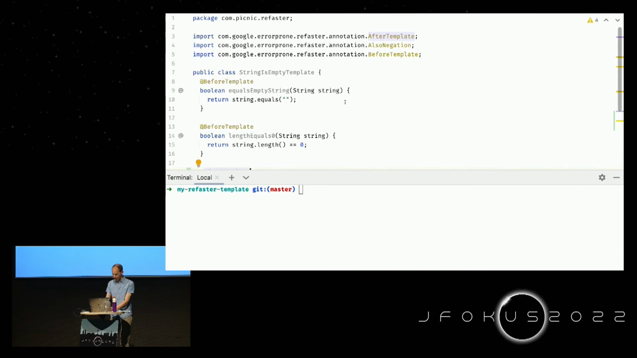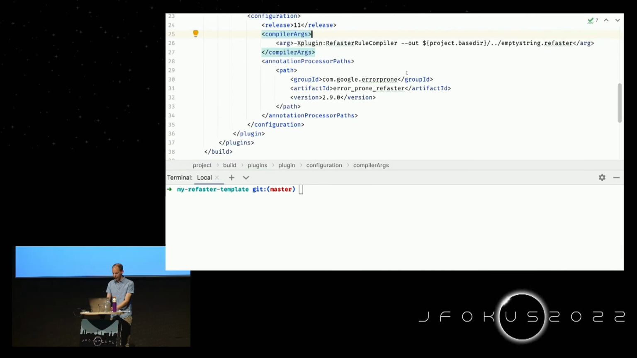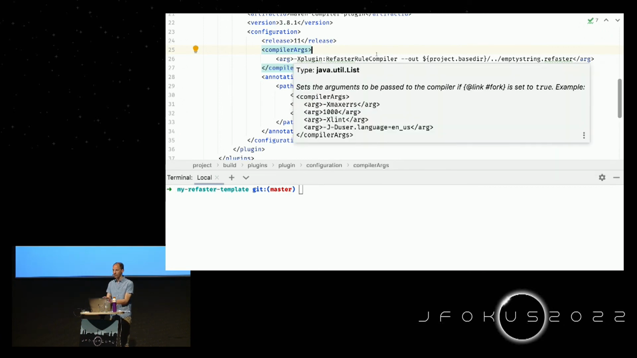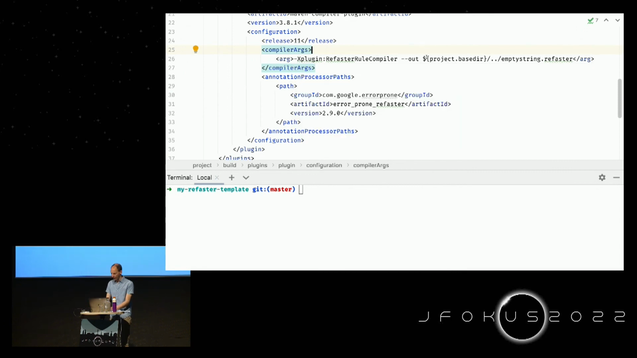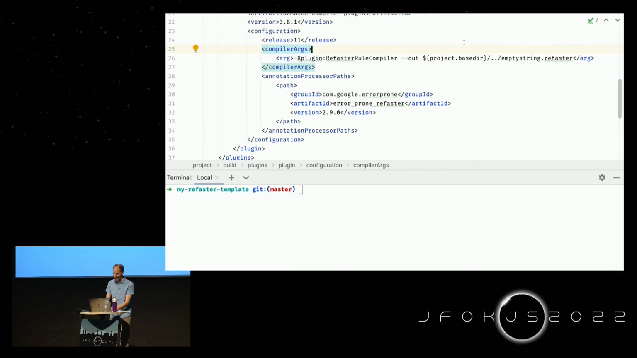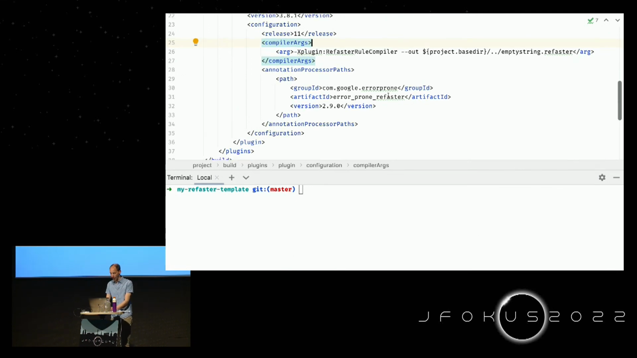So if we go to the POM file for this project, where we have this Refaster template, then you see that we, again, are using a compiler plugin, but this time it's a different plugin. It's the Refaster rule compiler, which turns this class that we just had into this emptyString.refaster file. And we have to also specify where we want to output this emptyString.refaster file. So I'm doing this one level up, so I can use it easily in the other project. And of course, we still need to have Error Prone on the annotation processor path, so it can also locate